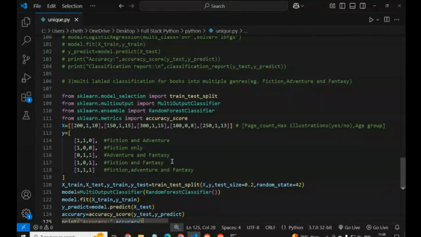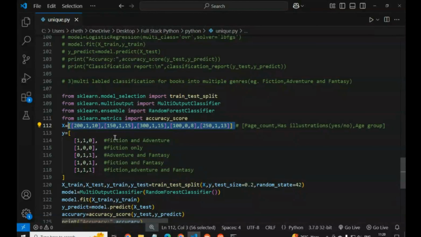The goal is to classify books into multiple genres, like fiction, adventure, fantasy, based on the page count, presence of illustration, and age group. So we are giving this data.